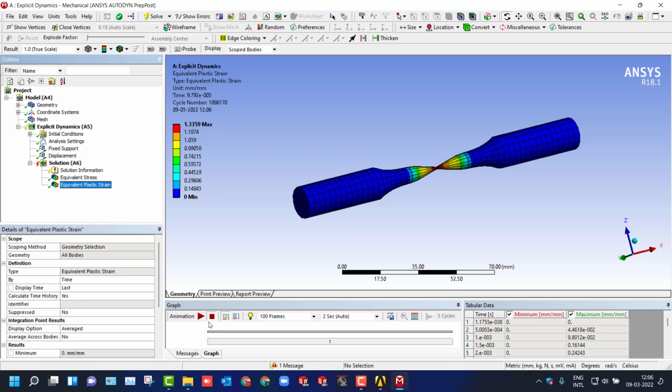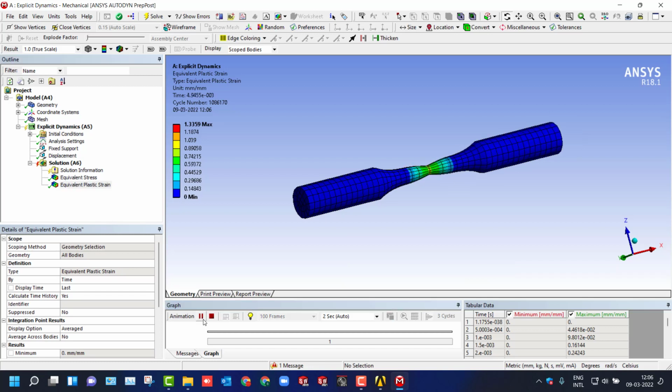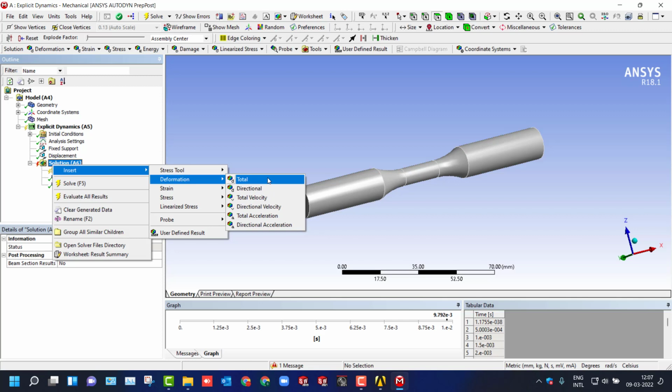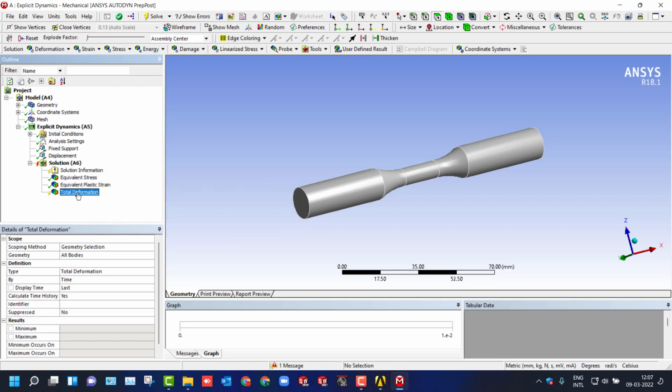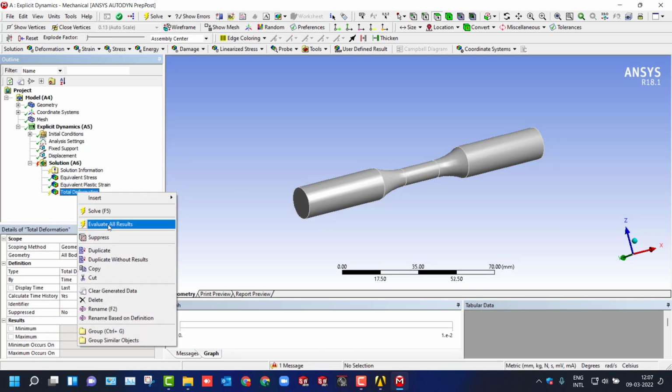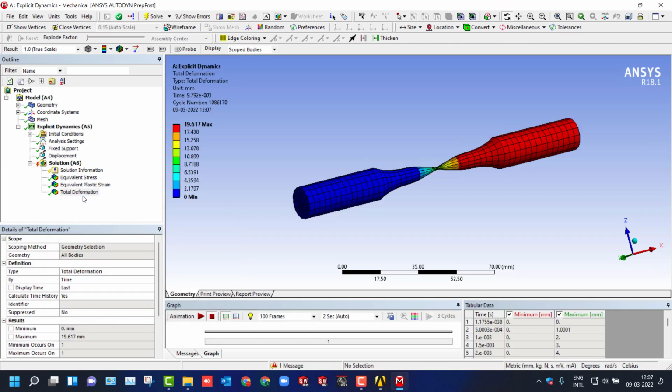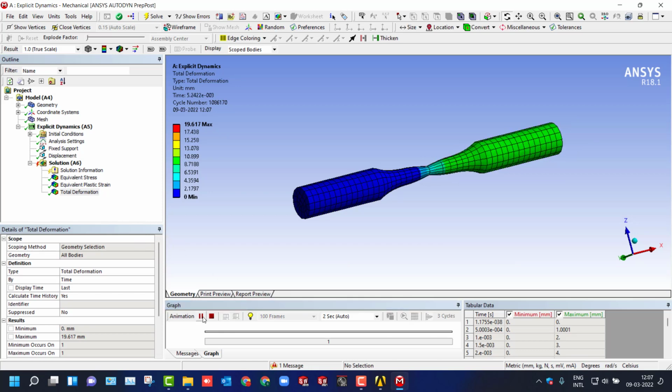The dimensions and all you need to define properly, if you're building a new model. The deformation, you'll add it. You can cross check how much deformation has been taken into account. I'll simply select this option, that is evaluate. You don't need to rerun the study, you'll get it. So 19.61, so we already know it is definitely going to fail at 20 mm. At 19.61 it forms the neck.